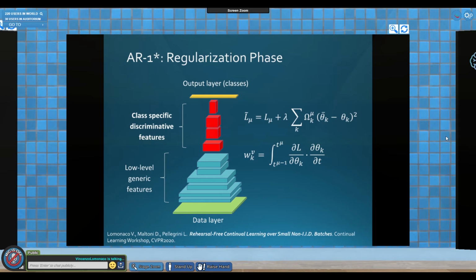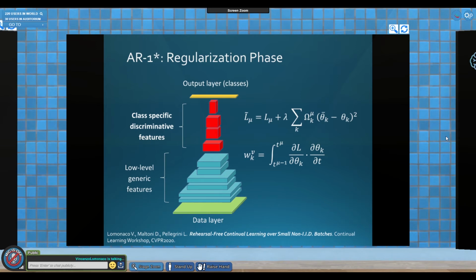This was first proposed by the Elastic Weight Consolidation strategy, by DeepMind, and other similar approaches. What we are doing differently here is that we are computing the importance of each weight in a different way, in a more efficient way. So yeah,